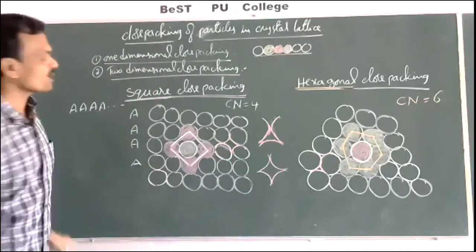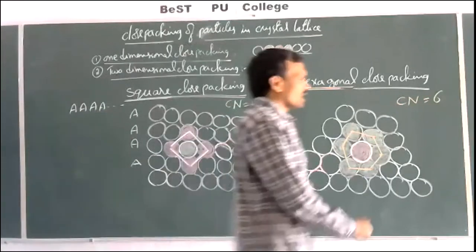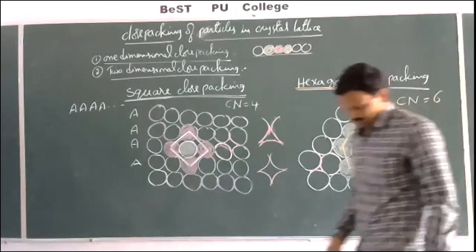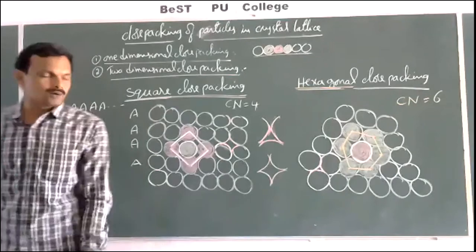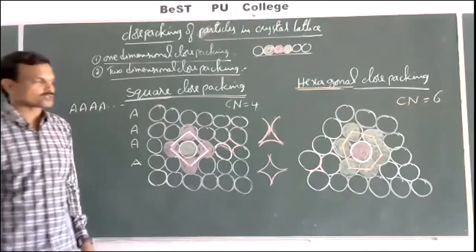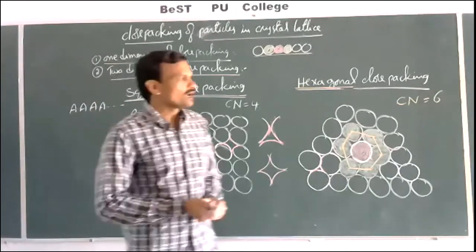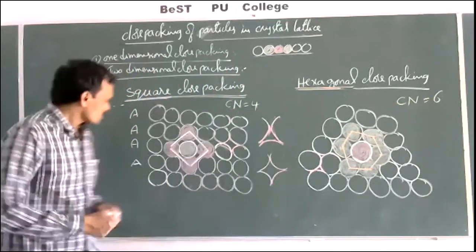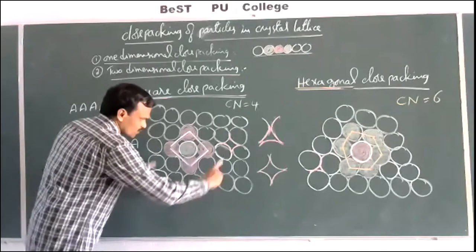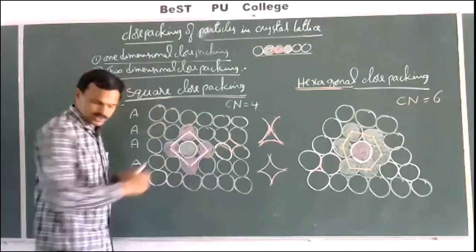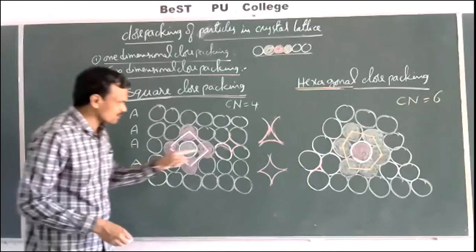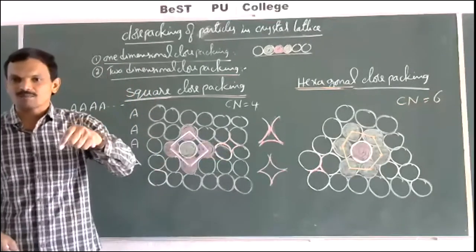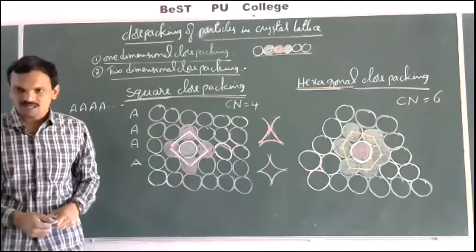Now, if we compare these two types of close packing, which is more efficient close packing among these two? Suppose I gave one box to you and told you to pack some balls in that. If you arrange the balls like this, one layer, exactly one more like this, the gap, the empty space between the particles will be more. So we can place fewer balls inside the box. Instead of that,